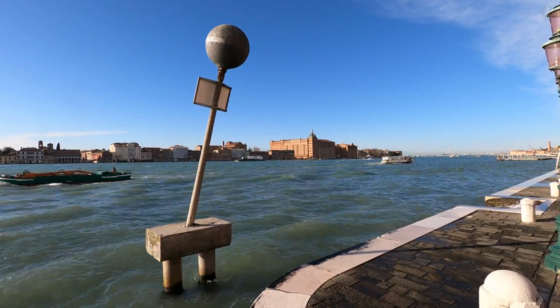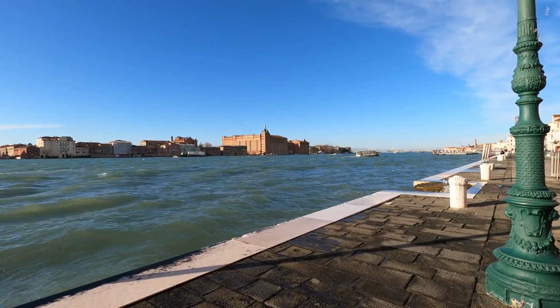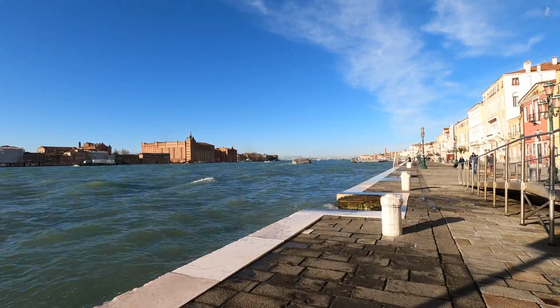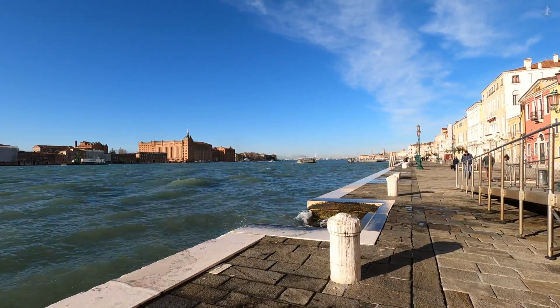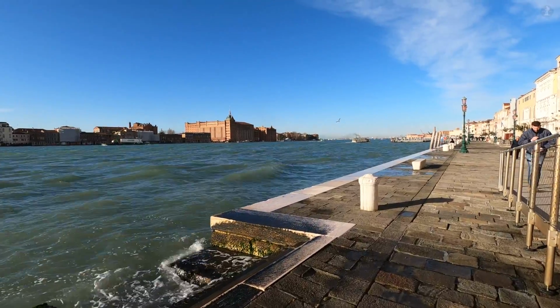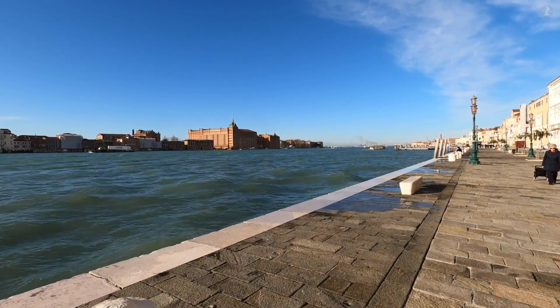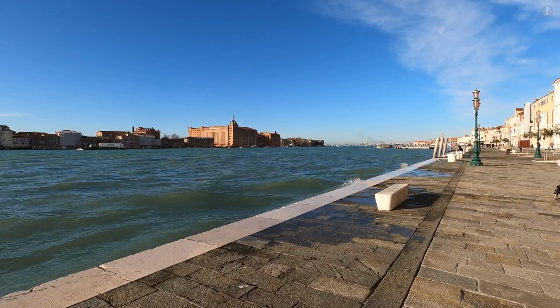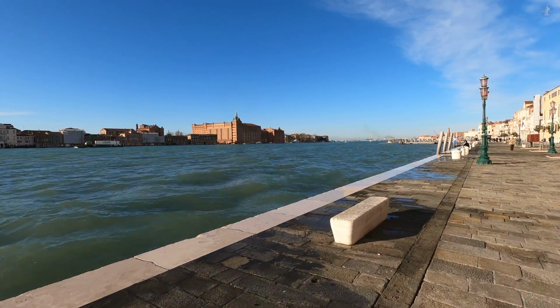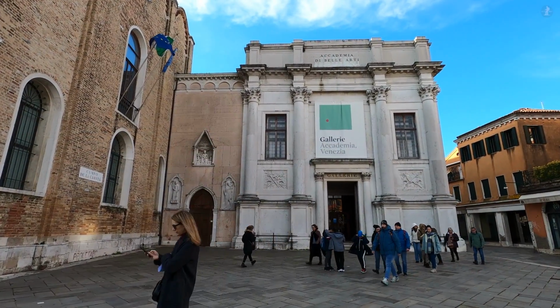And it's lined by a spacious promenade known as the Zattere, a delightful open space with some stunning views that's a popular spot among Venetians to relax, take a leisurely stroll, or sit down for a calming meal. We'll begin our walk by taking a stroll along the Zattere here, before we then make our way back into Venice's busy maze of streets, as we explore the southeastern corner of the city, and pass by an array of